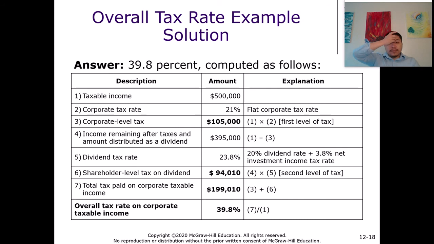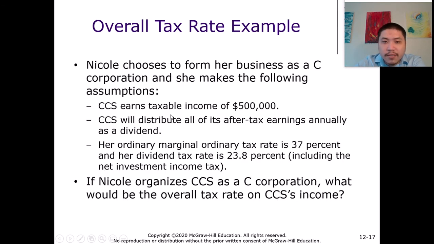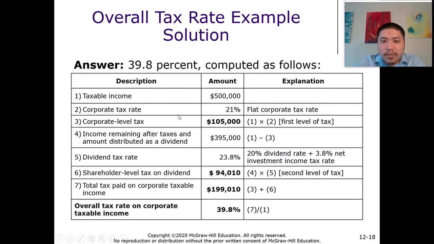You already said that whatever after-tax income remains is going to be distributed to the owner, which is Nicole, 100% as dividend. So now the after-tax income is $395,000, distributed to Nicole as dividend, and Nicole has to pay the 23.8%